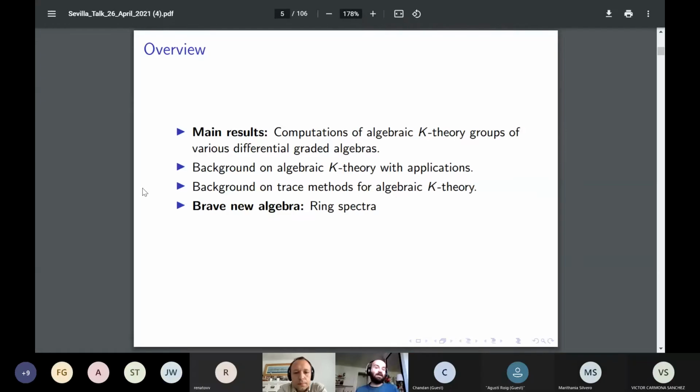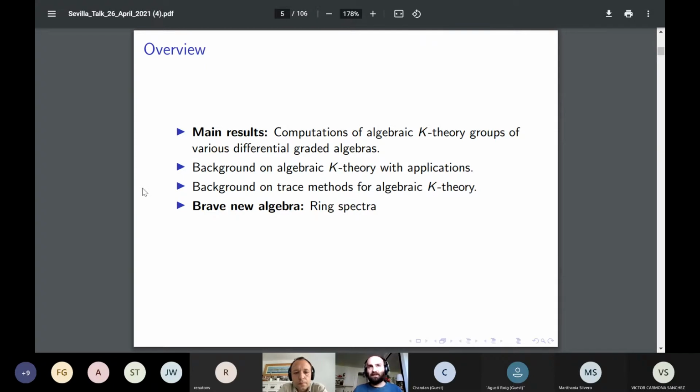K-theory. I will talk about that. For that, I will have to say beforehand, actually, I will have to say a few things about ring spectra, which we call brand-new algebra. So here, I'll try to mention this philosophy that we should be doing homological algebra in this topological setting called